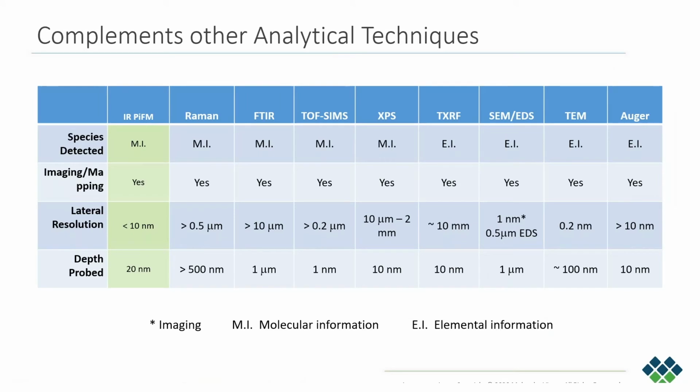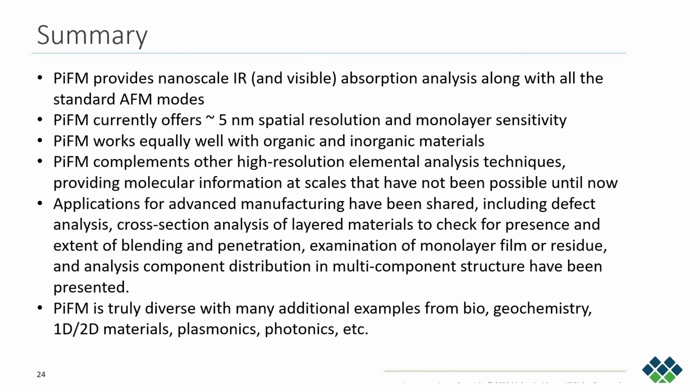So I'll finish by just sharing that the technique complements other analytical tools. As we mentioned, the elemental information can be acquired by electron microscopes with very high resolution. But molecular information can be best acquired prior to PFM via NanoSIMS, ToF-SIMS, to about 200 nanometers. But with PFM, we can get down to about 5 nanometers in spatial resolution and can complement the other techniques